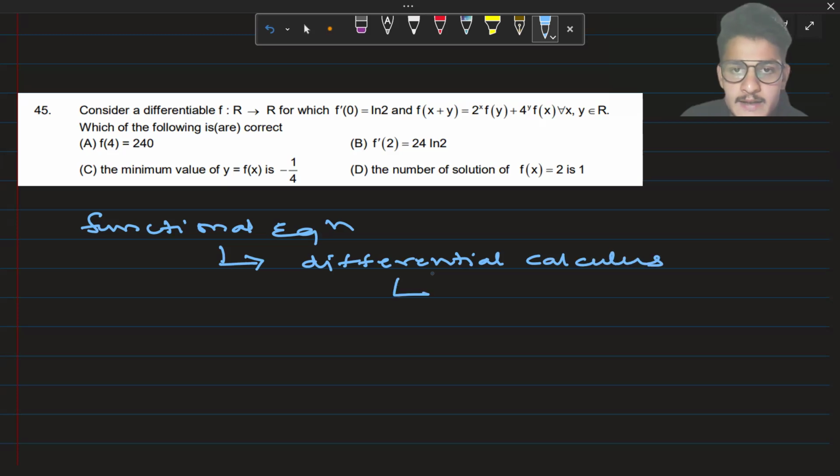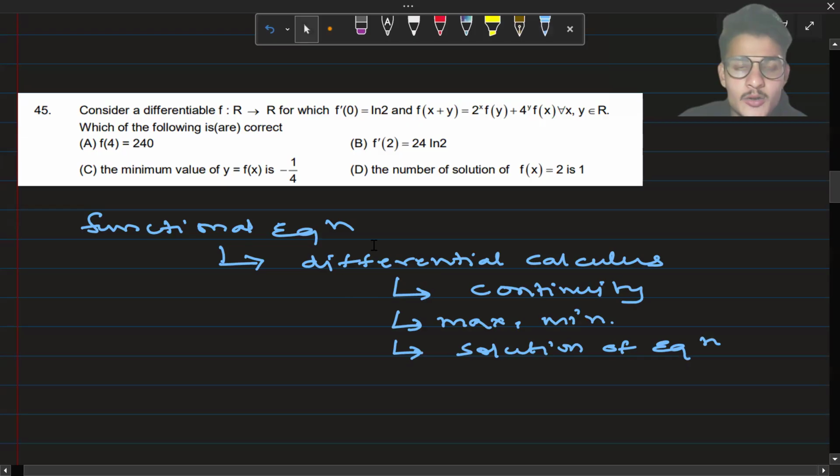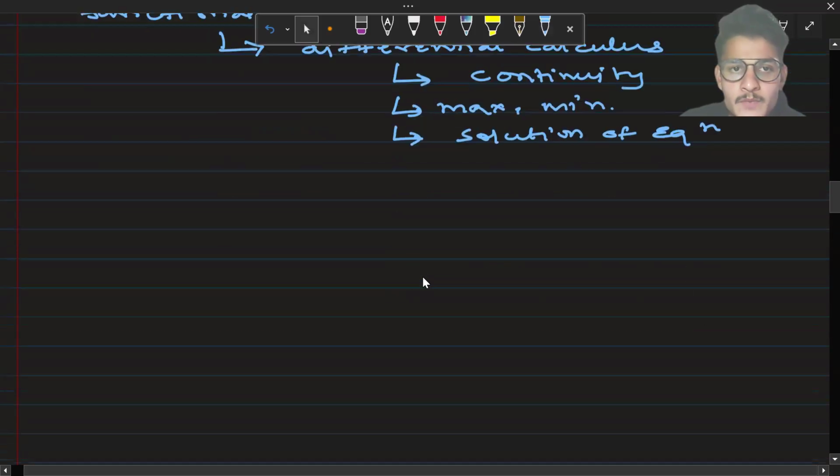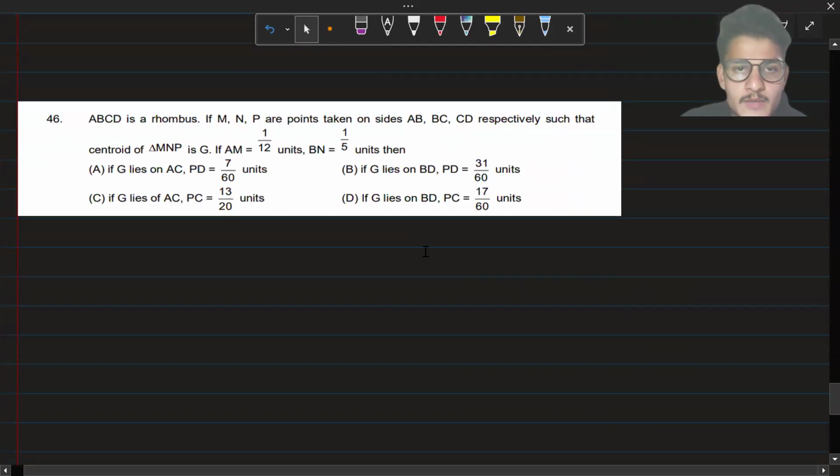And inside the differential calculus, some concepts like continuity, maxima, minima, and the solutions. Okay, solutions of equation. So these concepts will be used in this problem, and we will also solve one more problem, that is of